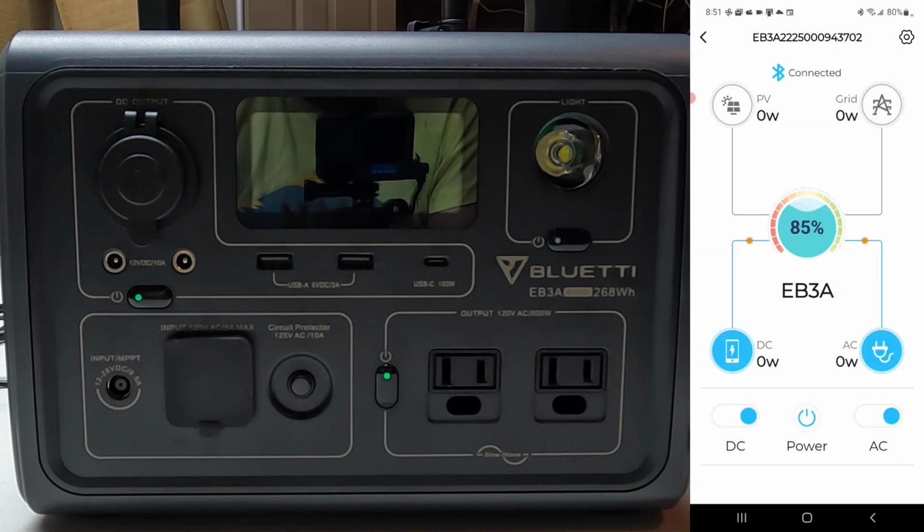I really like this. This is the best app that I have seen for any of the power stations that I've seen that have apps. So kudos to Bluetti. So let's talk about some of the details I think are important to know about this